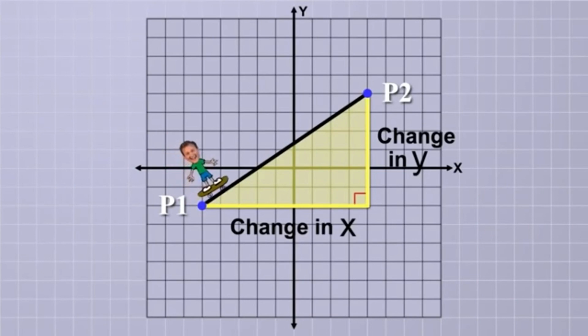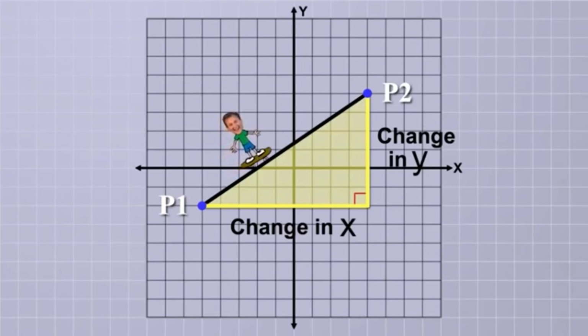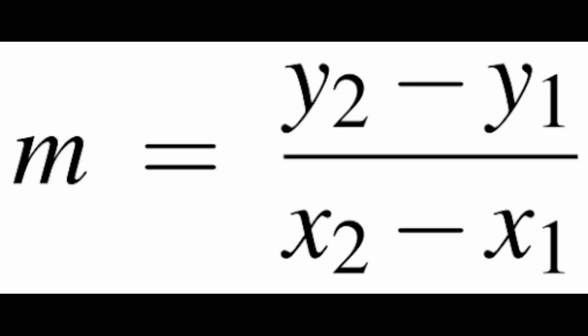Well, as you do that, the xy coordinates of your position are changing. For example, our coordinate here is -2, 0. And as you go up the ramp, both the x and the y coordinates continue to change. Your x coordinate is changing because you're traveling to the right, and your y coordinate is changing because you're traveling up. Now, since our line is made up of 2 points, the equation can be written as y2 minus y1